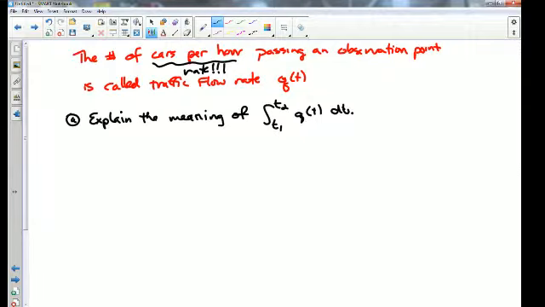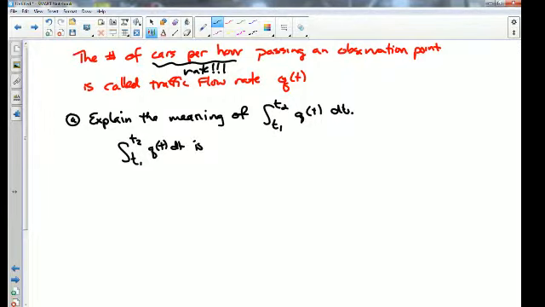That's just the rate. It's the integral of rate. So what does that give us as an output? Position. In the context of this problem, how many cars will go past through there? Perfect. So what you might write is the integral from t1 to t2